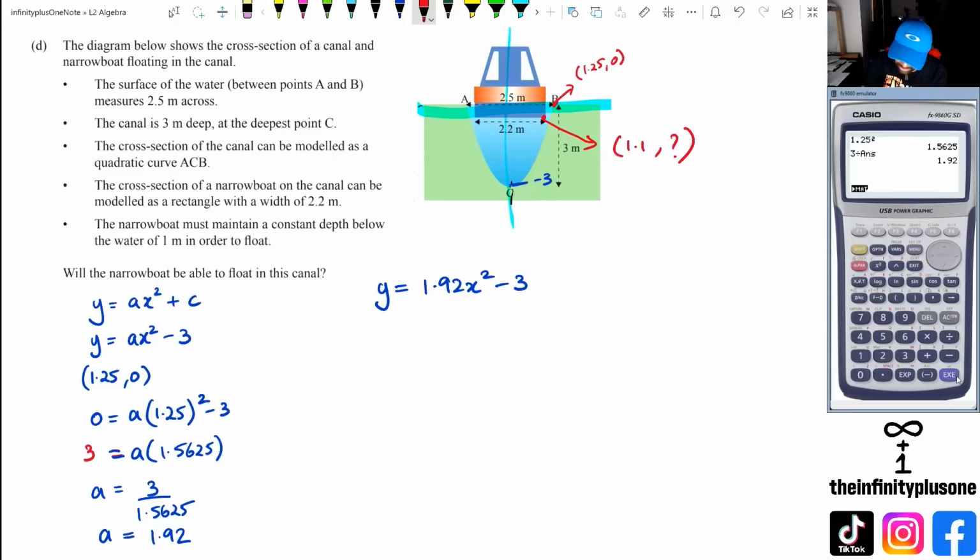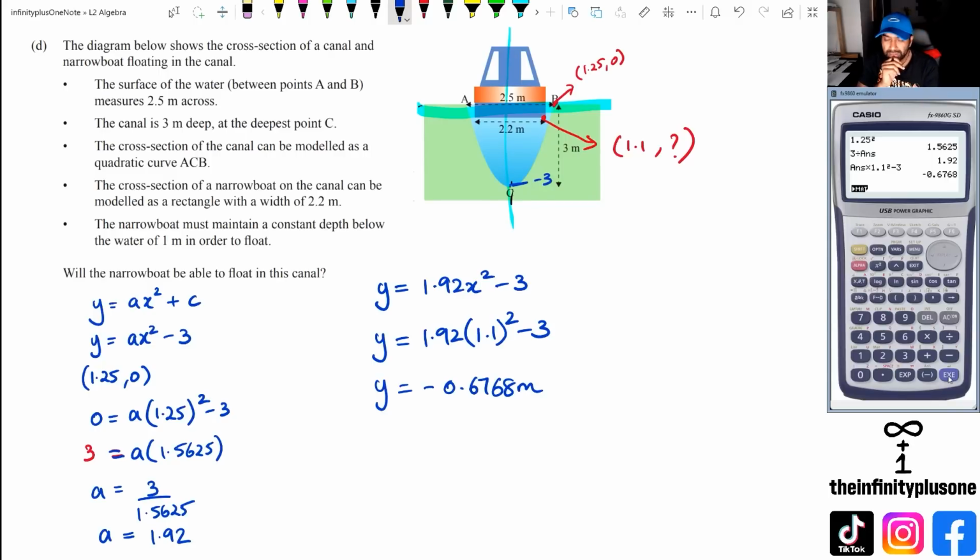So with that in mind, I've got y is equal to 1.92 times 1.1 squared minus 3. And so when I do that, let's go to the calculator. We've got 1.92 multiplied by 1.1 squared minus 3. And that's going to give me a y value of negative 0.6768